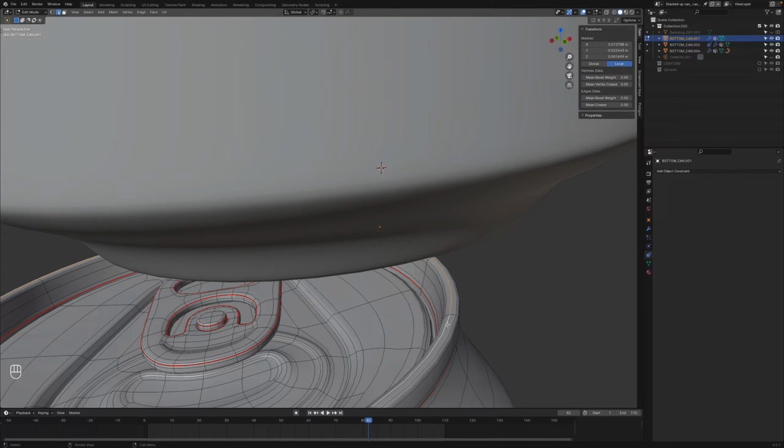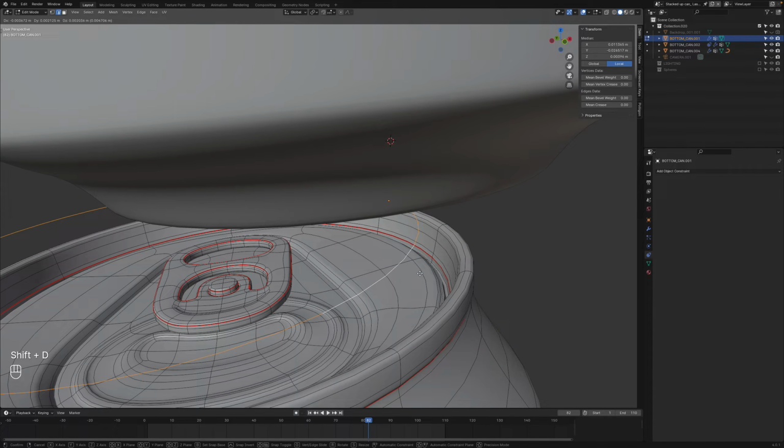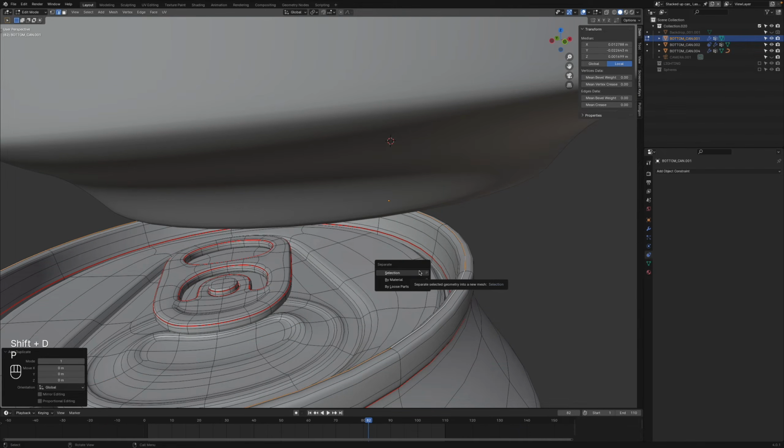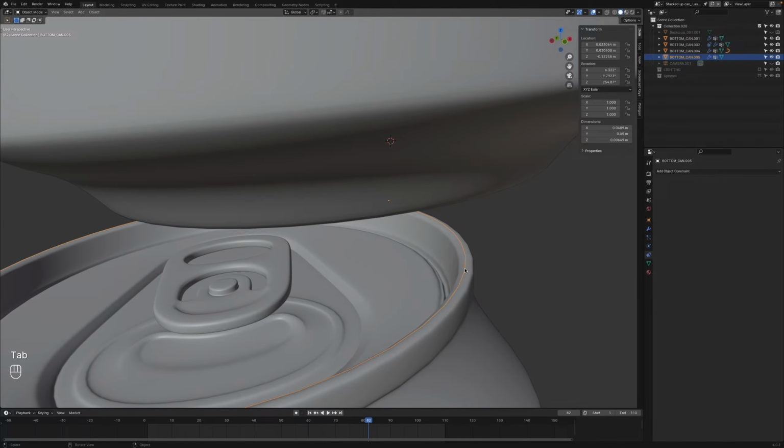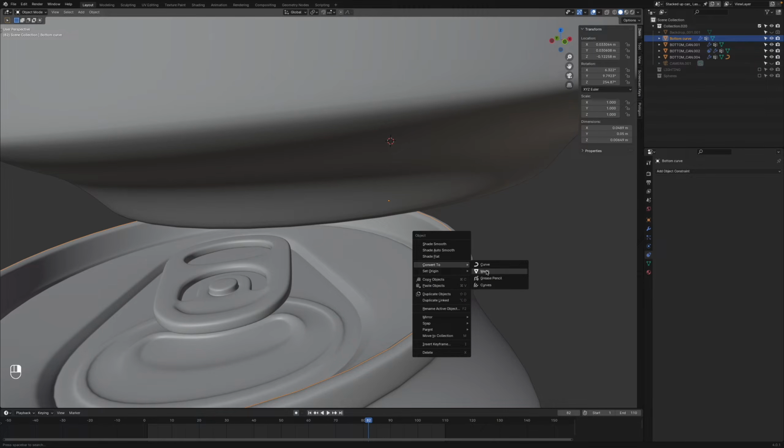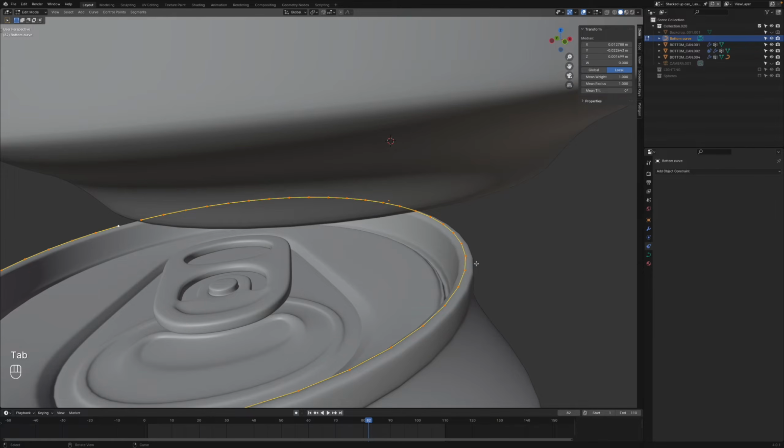Select the middle curve, Shift D, right click, P, separate by selection. Then rename this, you can click F2 or just double click on the layer over here. And we're gonna rename it bottom curve. Perfect. So with our bottom curve right here, what we can do is convert it to a curve again,